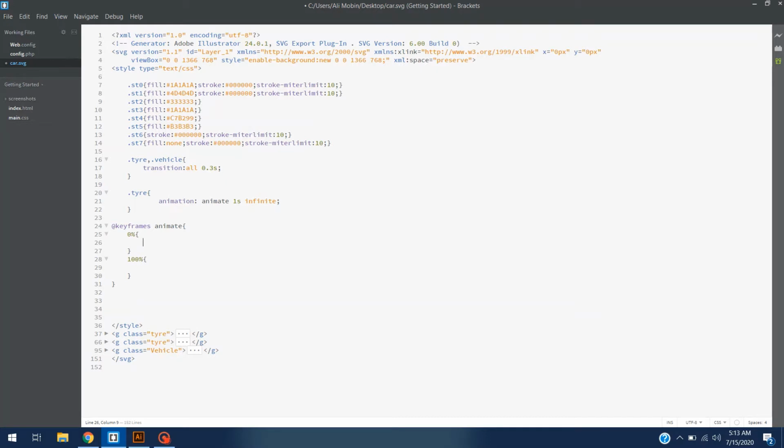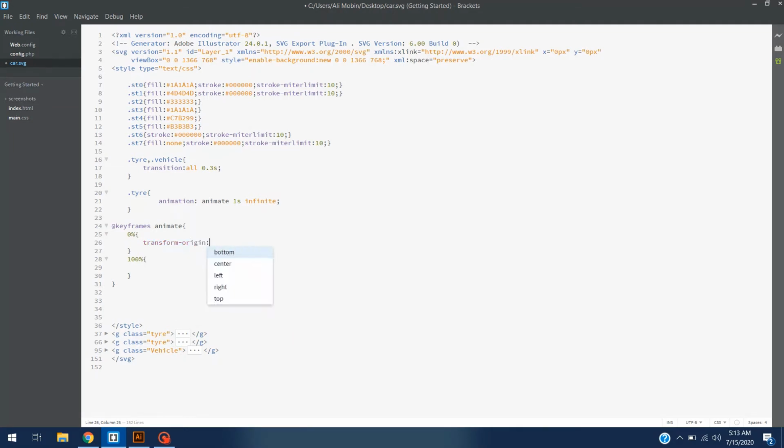That is the total time frame of 1 second. What we are telling here is that from 0 to 100%, that is from 0 seconds to full 1 second, what it has to do, from where it has to start and where it has to end, and how it has to stand. So the first thing we are going to do is transform